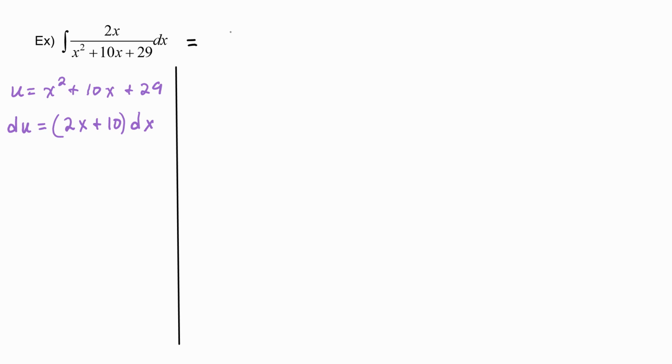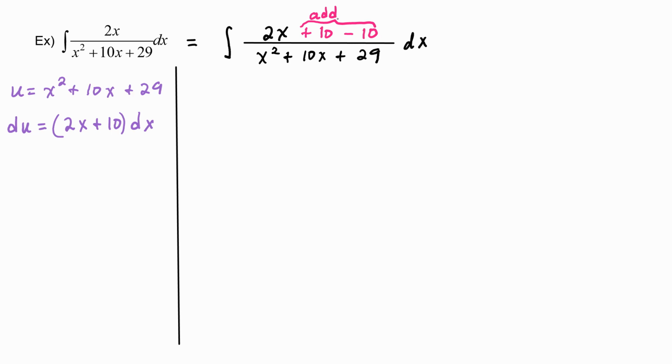This is going to equal the integral. We have the 2x here in the numerator, and we have that x squared plus 10x plus 29 in the denominator. We got the dx over there. And what we can do is add in 10 that we need as long as we subtract 10. So all we've really done here is add 0. Now what we will do is split this integral up into 2 pieces. So this will equal the integral of 2x plus 10 over x squared plus 10x plus 29 dx